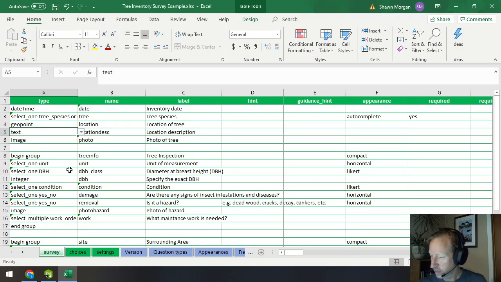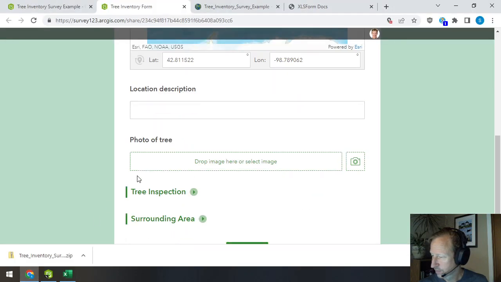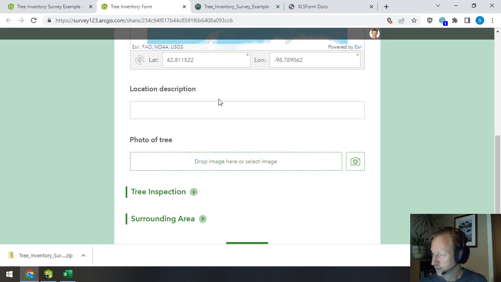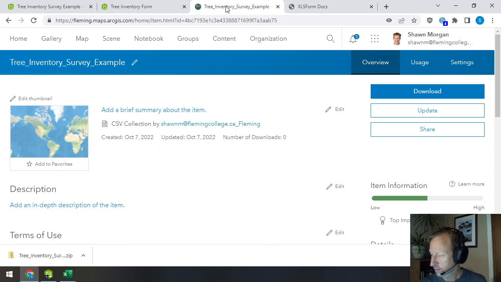So the next is text. It's just straight text. You can just enter text. There's an image, and an image allows you to upload, so it looks like this in the app. See, photo of tree, and then you can actually go and submit the image. So the image in the ArcGIS Online environment ends up becoming effectively,